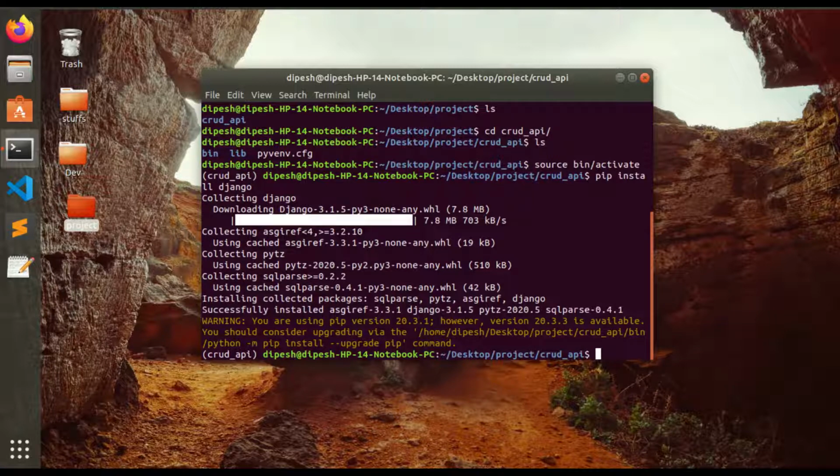What is the Django REST framework? The Django REST framework is a powerful and flexible toolkit for building web APIs. It is built on top of Django, and it is very useful to create APIs because the biggest reason to use the Django REST framework is that it makes serialization very easy. What is serialization? I'll explain serialization in more detail in future videos. I'll give a short glance at serialization.